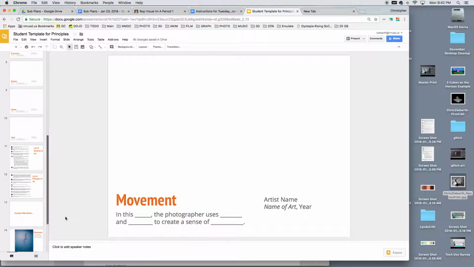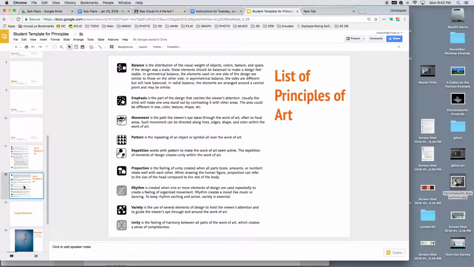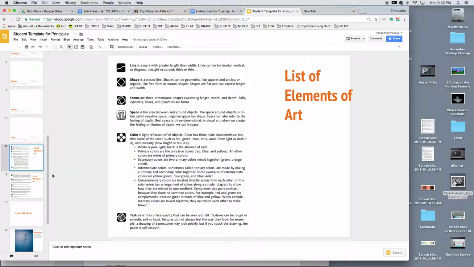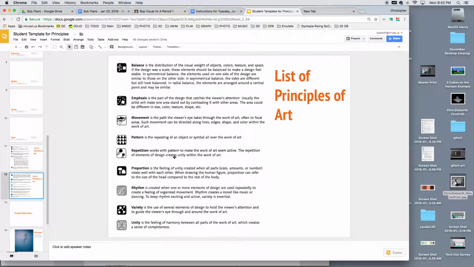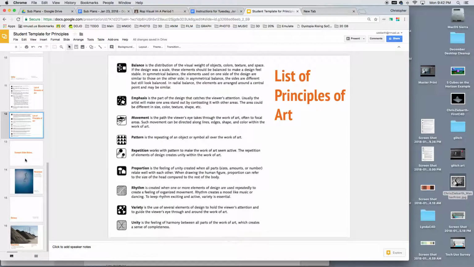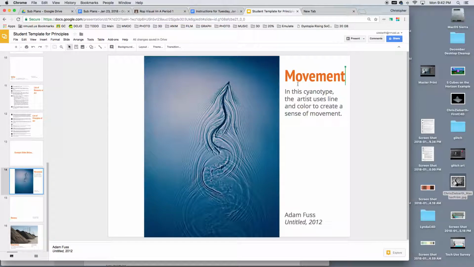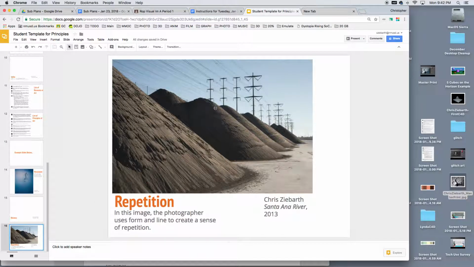I have included a list of the elements of art, a list of the principles of design. So remember, you're using 2 elements of art to describe 1 principle of design. And you can see a couple more examples down here. I'm going to drop that balance example here, the Adam Fuss cyanotype that we looked at earlier. And then another photo by me that I shot in the Santa Ana riverbed when they had these big mounds of dirt. I went down there on my bike and shot photos of the big mounds of dirt